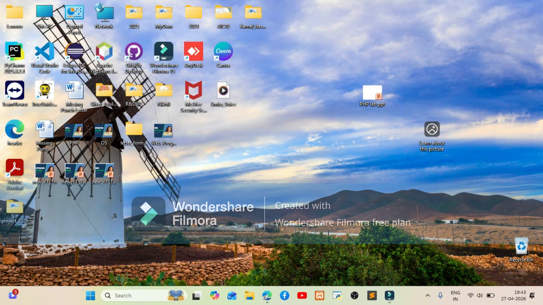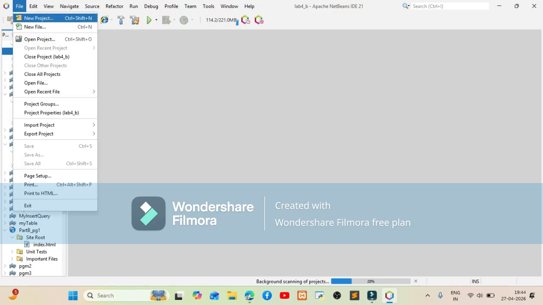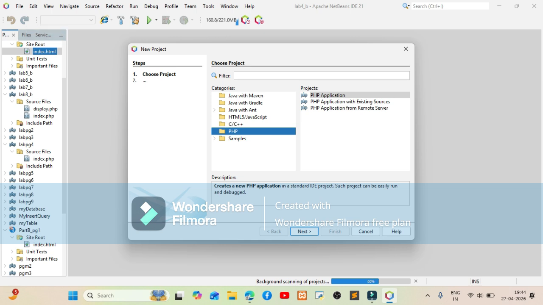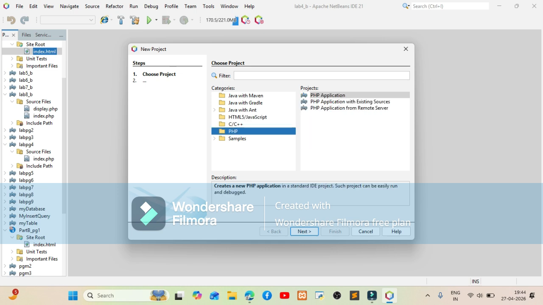This is how we are going to execute our PHP script. Now let's begin. We'll be using Apache NetBeans. Let's click on File, New Project. In our last programs of JavaScript, we selected HTML5/JavaScript. But since we are going to write PHP scripts, here we'll select the category as PHP.